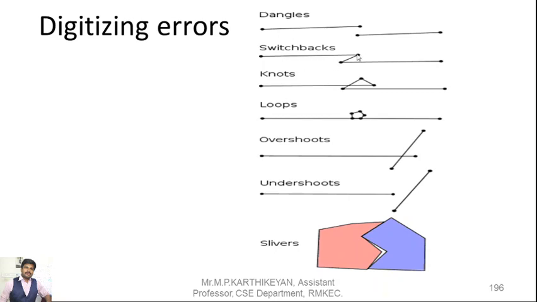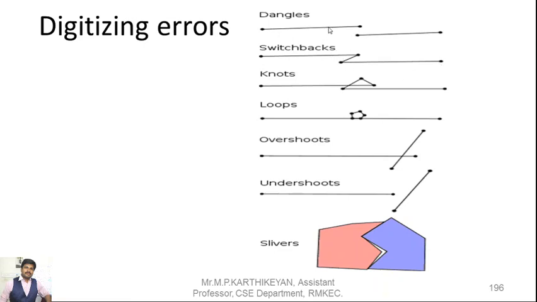A switchback is where again it is not connecting at the same point, but what happens is one line has come towards the left and the upper line has come towards the right. So it has not met on the proper line, and those lines have been extended. This is also one type of error. These should have met at the B location itself, but instead they have gone far and created the points B and C and then moved on to D. Can you understand? So this is switchbacks.